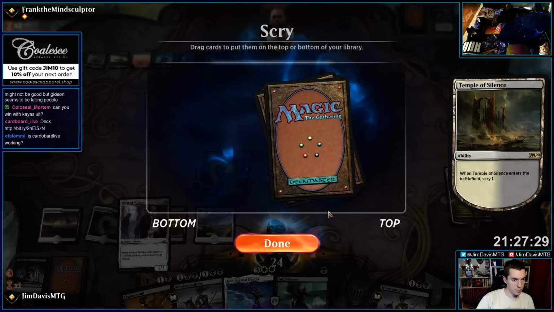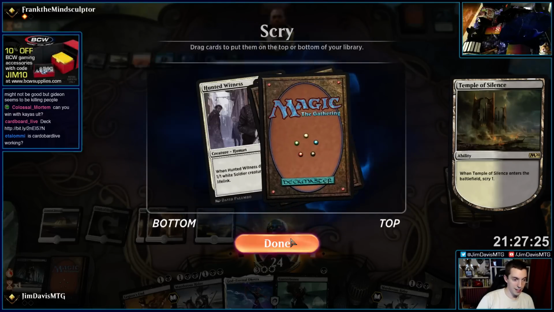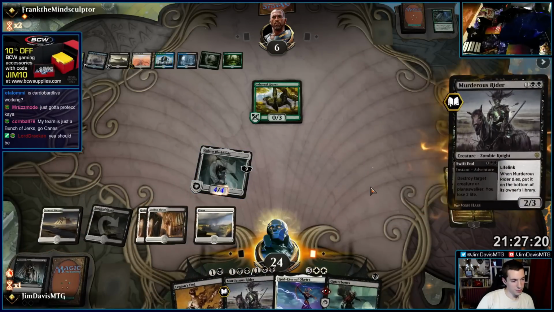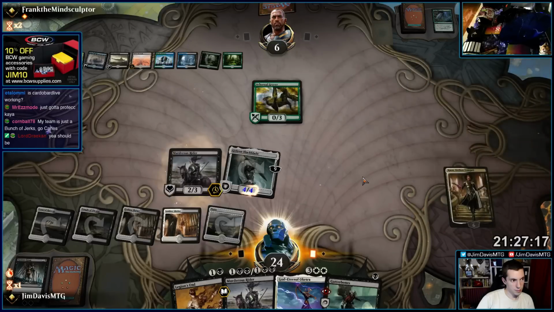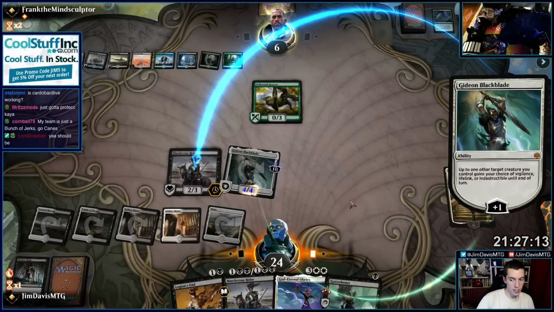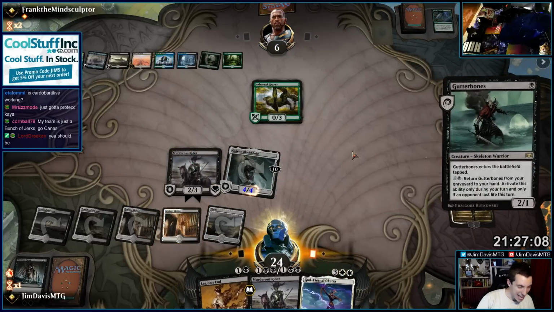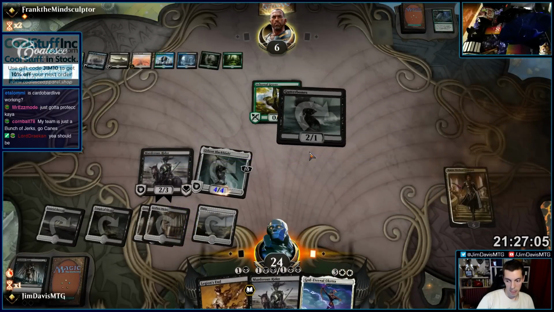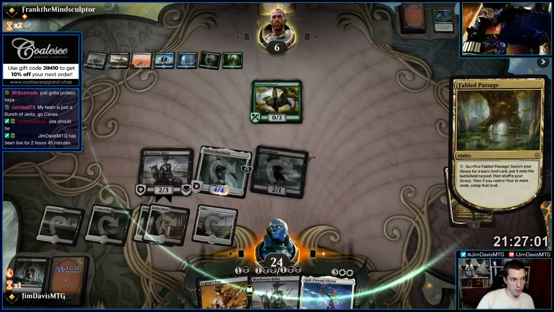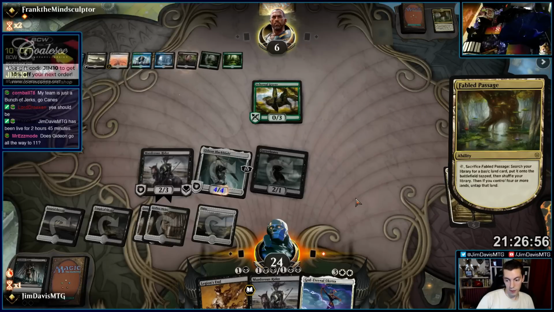Scry says, can I get a witness? Can I get a witness? No. I can't get a witness, actually. Gideon is on 10. I believe in you, friend. So they can make a Zombie. They can kill my Murderous Rider. They can attack the Kaya, but I don't really care. We're killing them pretty good right now, so...